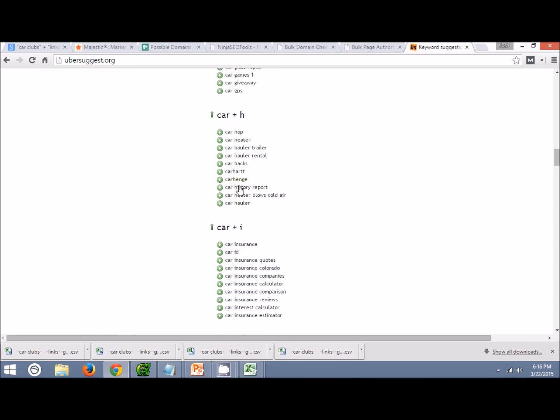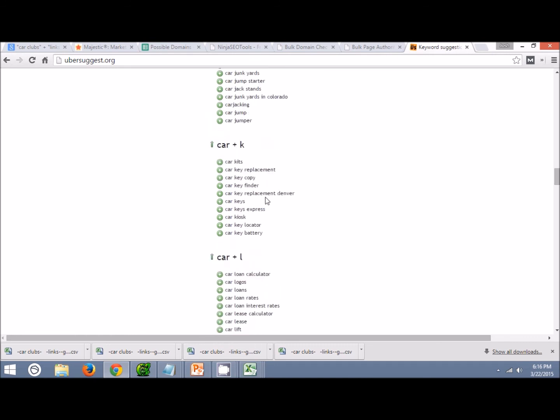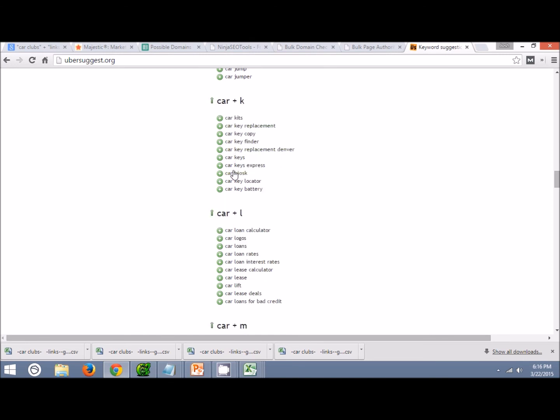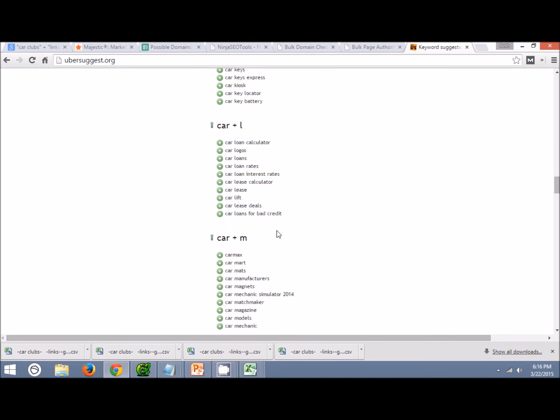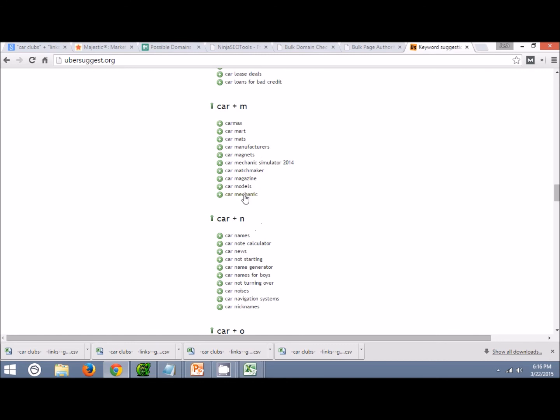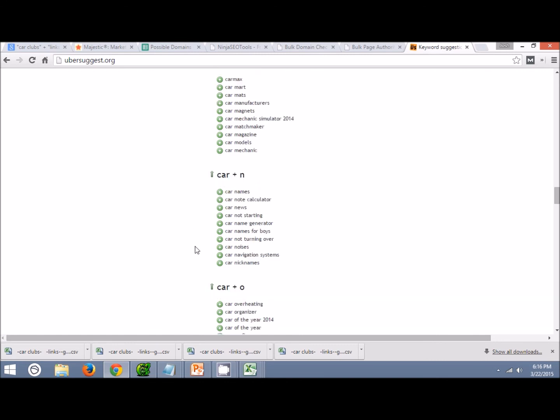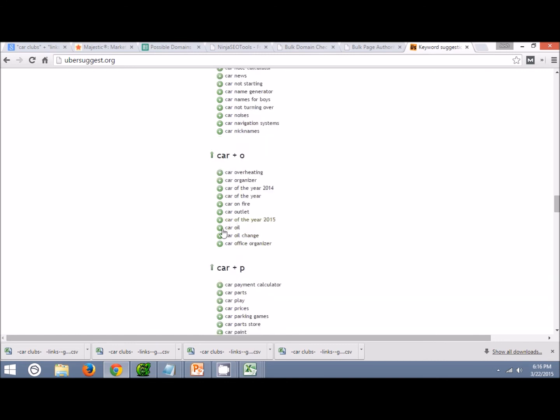Well, you guys get the idea that we're trying to just find search terms that are related to the car and that could possibly bring up a lot of websites that have a lot of outbound links to other related websites. So car magazine would probably be a good one. Car outlet, car,